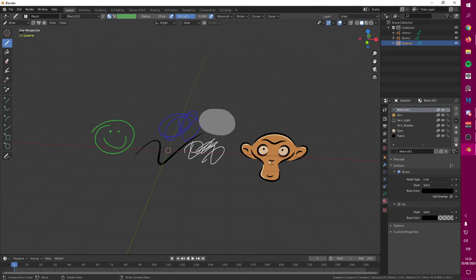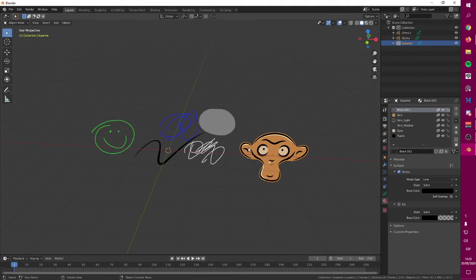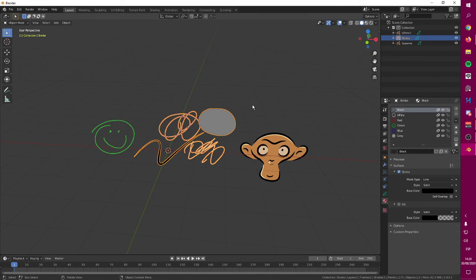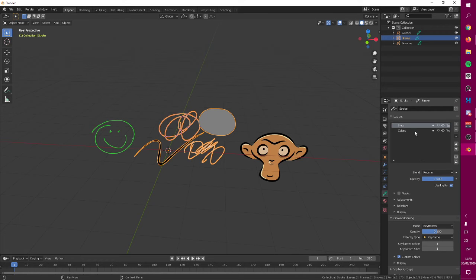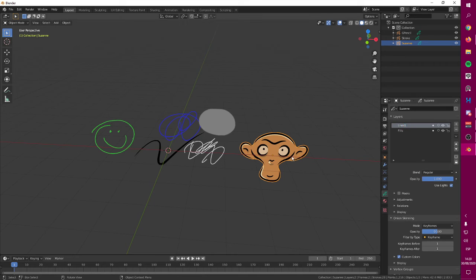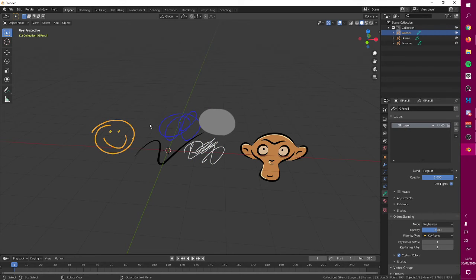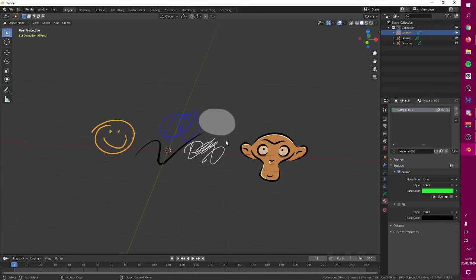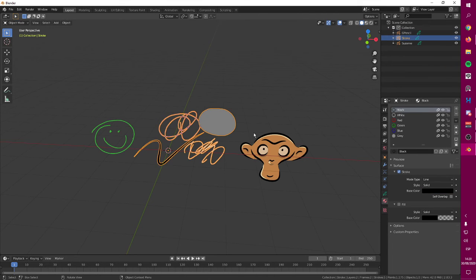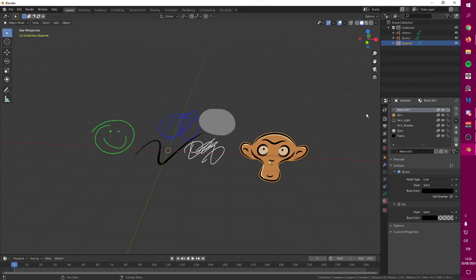By the way, before I go into that, you will notice each one of these are different grease pencil objects. Each one has different layers. If I change the name to whatever, this one has these lines. This one has the one that I just changed in the layers, and this one has this GP layer by default. They also have their own color palettes. So this one has these colors and this one has this color.